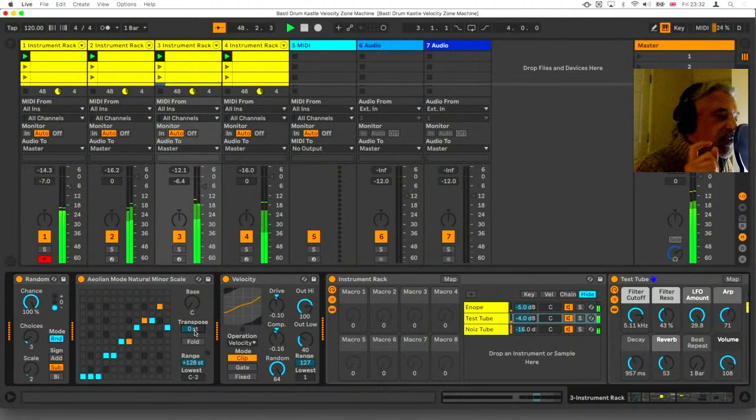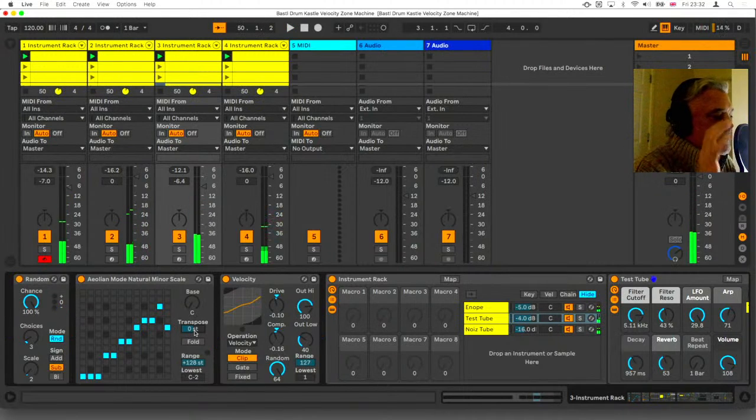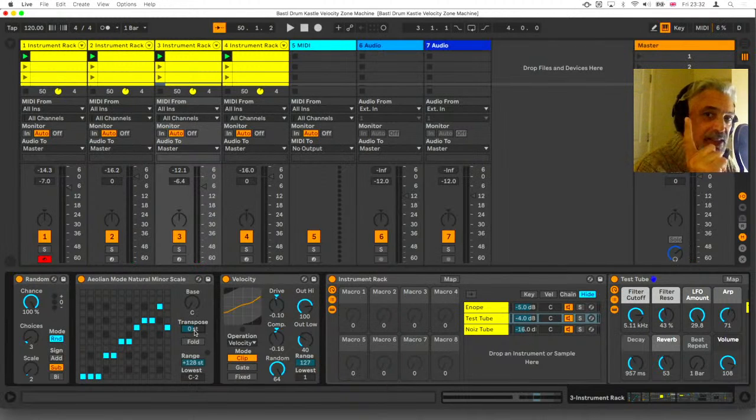Just remember that we're not managing these sounds by their pitches. We're managing them by velocity. So velocity key switching is another way of thinking about it. And you'll find velocity key switches in most samplers, and you'll find it in Kontakt and various other instruments. But here we're using it to